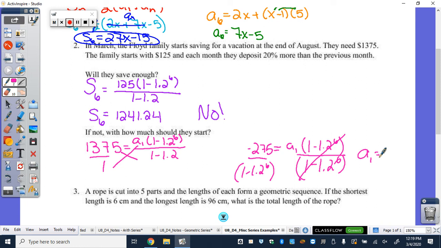So how much do they save up in the first month? You need to start with at least $138.47. If they start with more, it'll work, but they need at